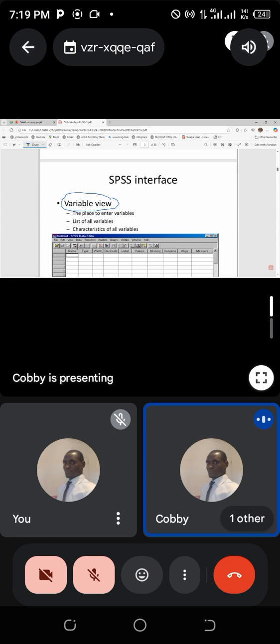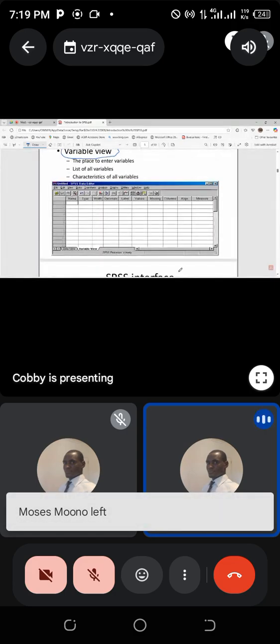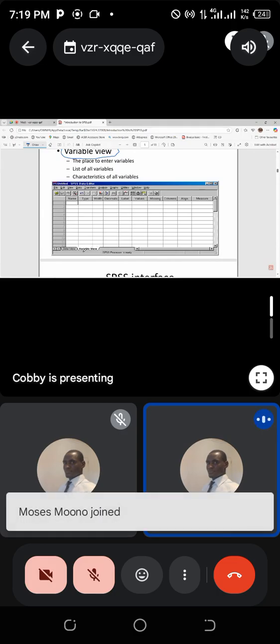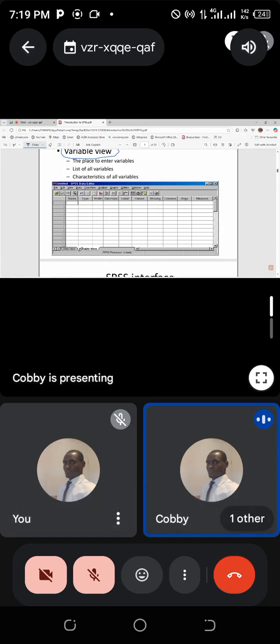So here, when you look at this SPSS that we have, you can see this is the variable view. When you go down there, you see the variable view. This is the variable view for SPSS, okay? Now each variable, you have to list all the variables here. So in the variable name, you put the variable of your interest. For instance, let me say you collected the demographic information of people. You collected,